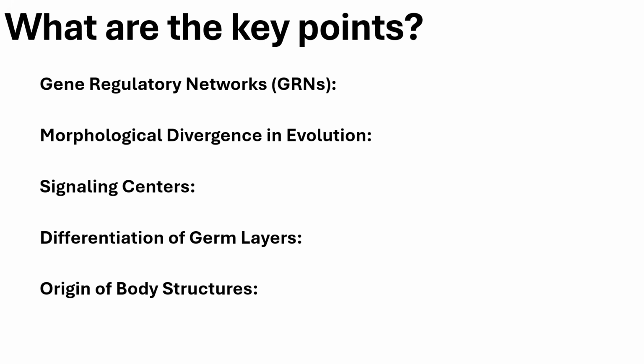So, what are the key points that play a role in our basic body plan in order to form the organs in the organ system? First, we have our gene regulatory networks or GRNs. Okay, of course, in the references you would have the exact specific molecule names, but in your case, you don't really have to memorize or identify these. Maybe when you pursue graduate studies, that's the only time that it will be relevant to you.